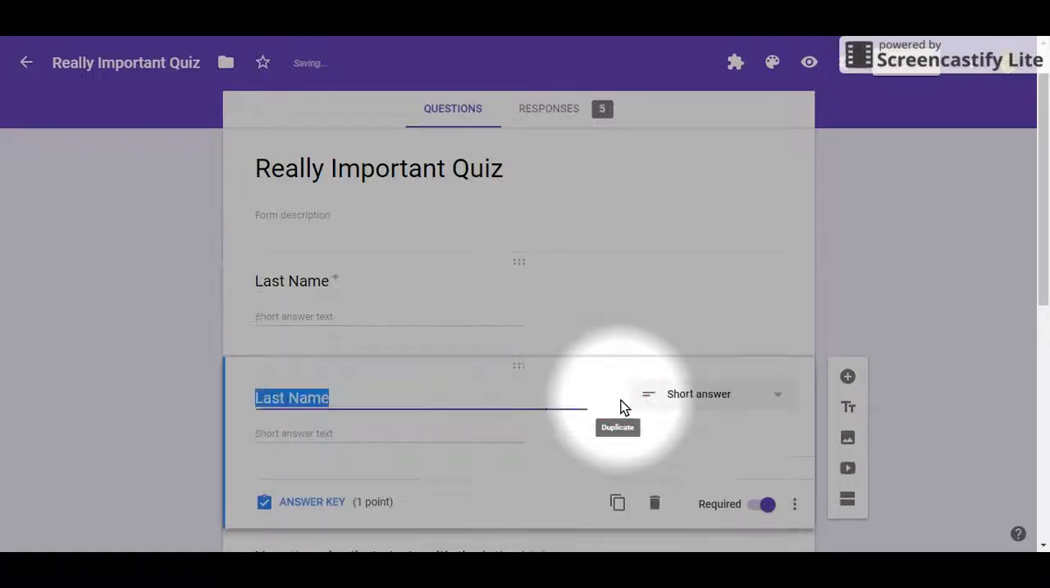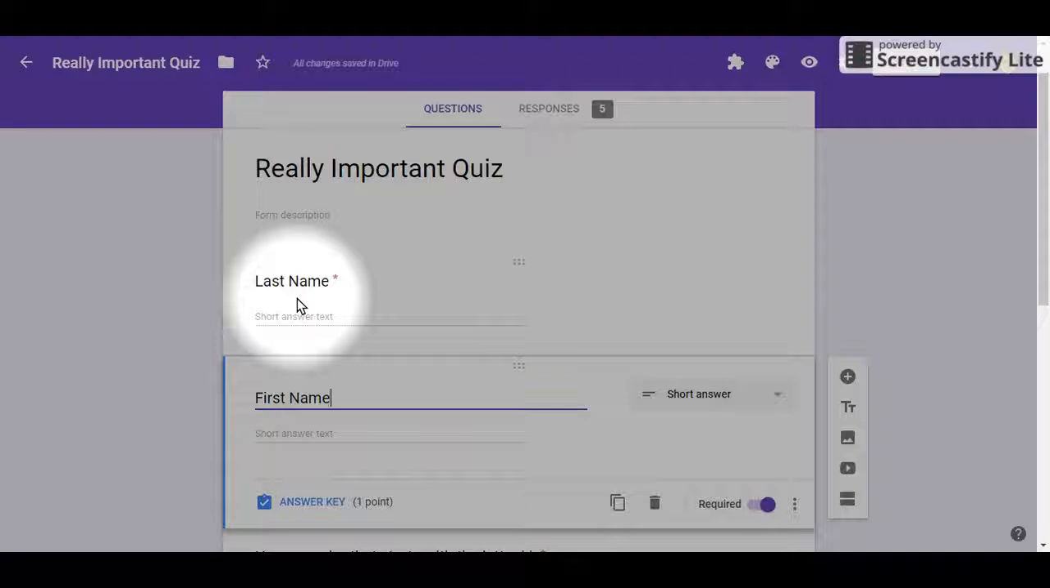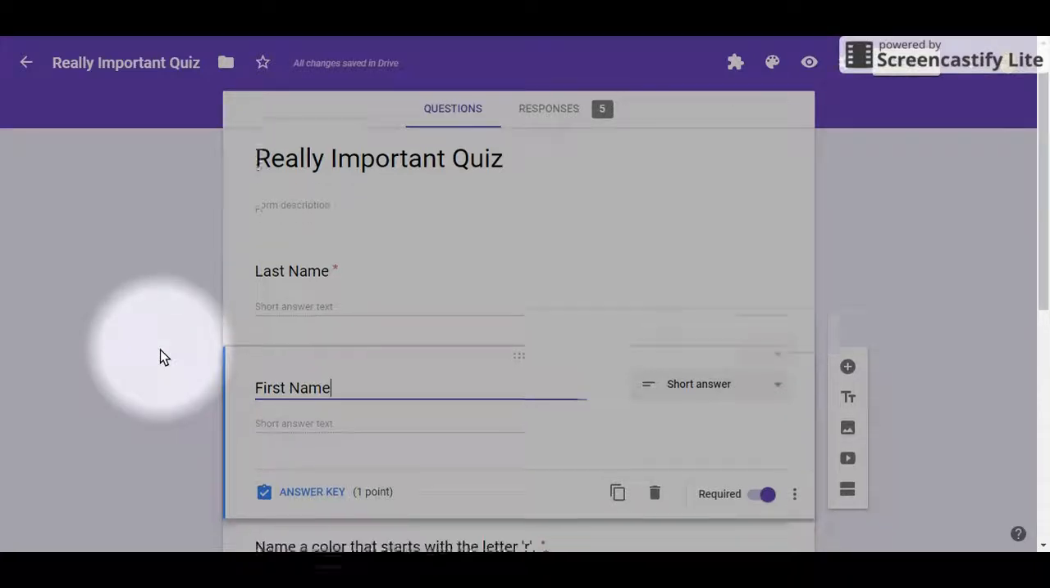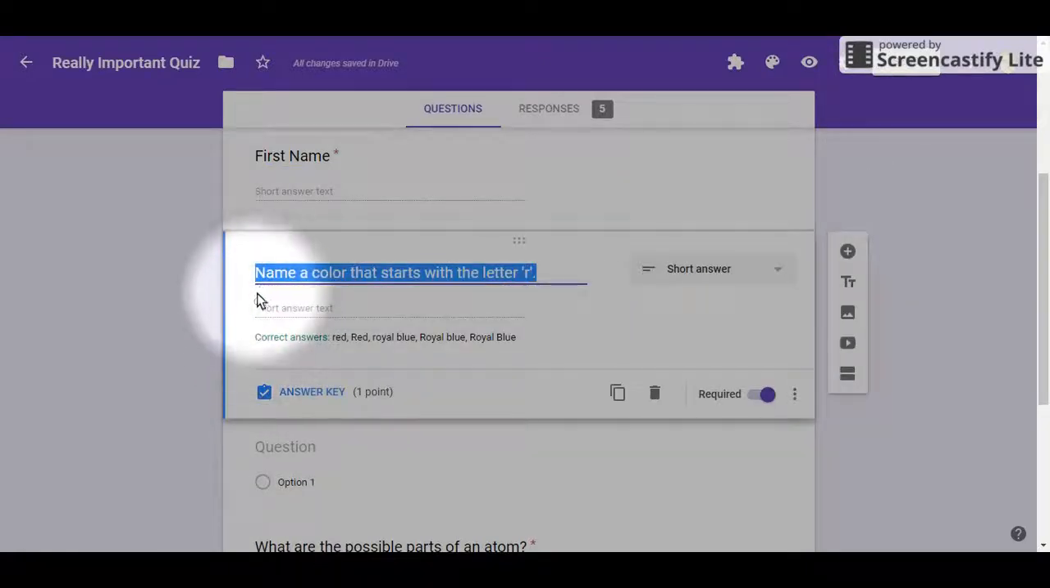If you just put name, you're going to get lots of different options as far as what they put in for their name. So if you can be very specific, it's going to help you look at your data on the back end of this. You might also want to number the questions,